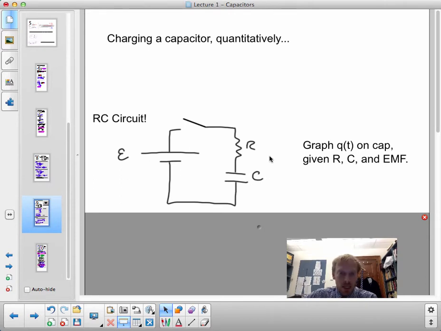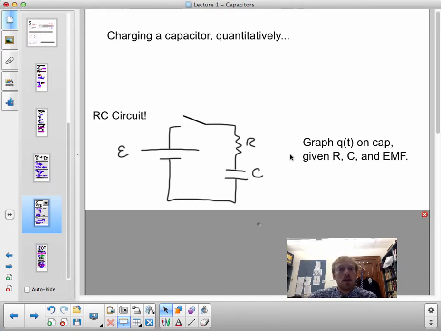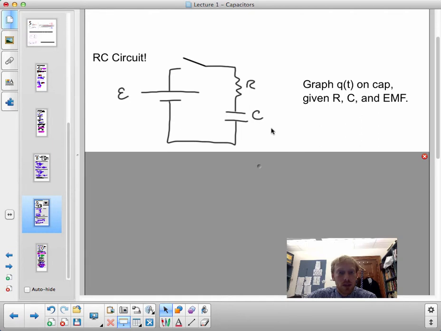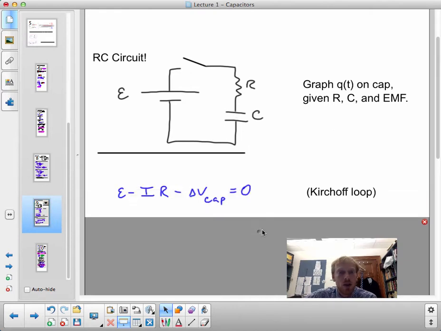Well, let me write down an equation that will let me address this question. If the question is, let's graph as a function of time the amount of charge on the capacitor, we know that it starts at 0 and increases to some maximum value. Well, check it out. If I start here